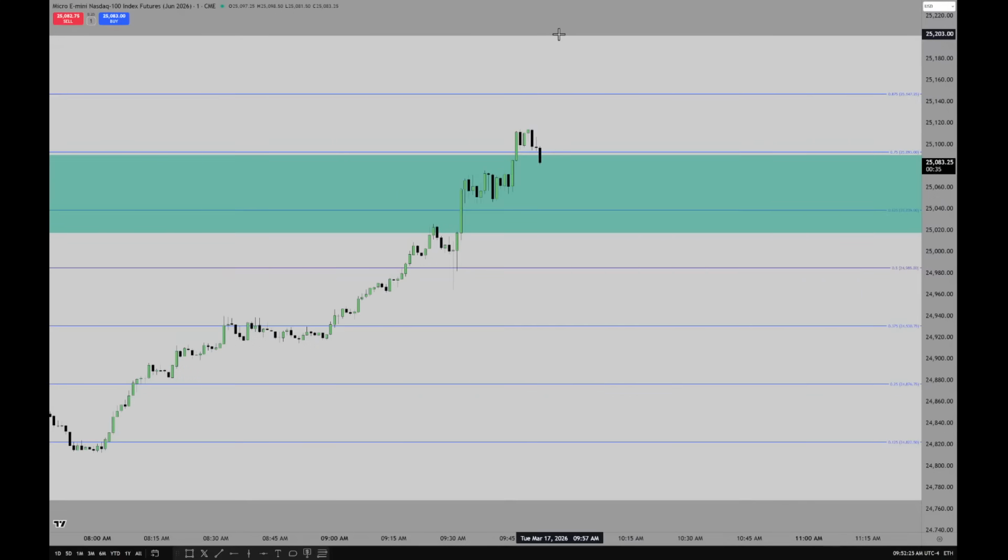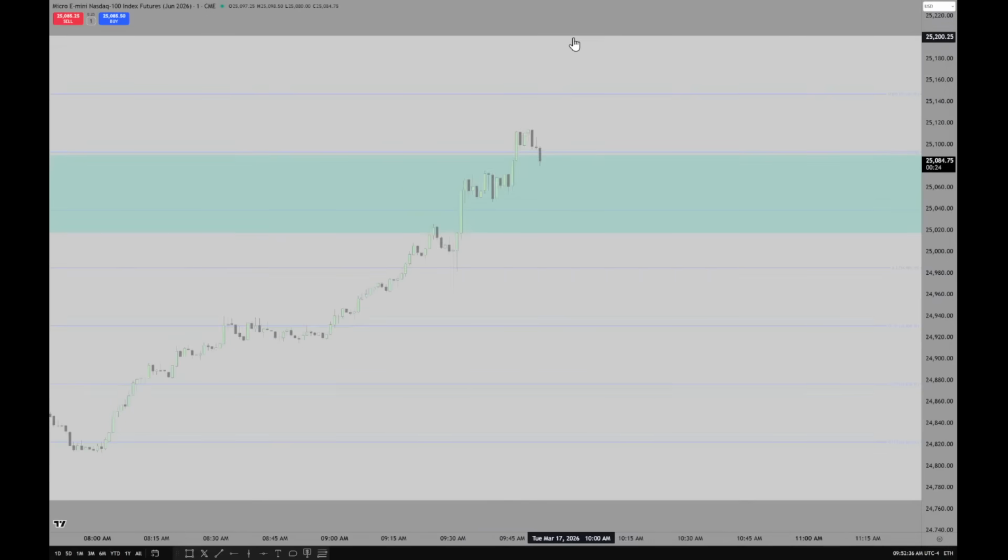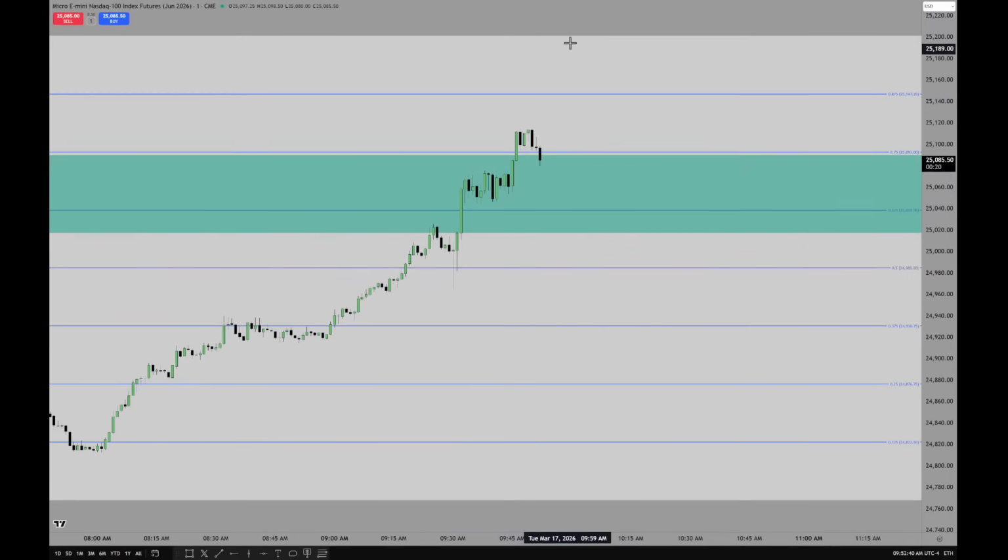Now, you can allow for it to do that until the economic news comes out, or it may just gyrate in here from the low and this high here until 10 o'clock, and then they run that there at 10 o'clock, or they can just drop it here, never come back up there, and just go for this now.